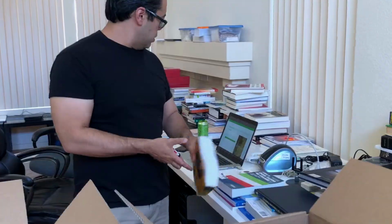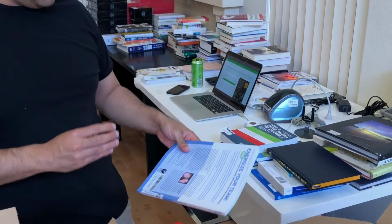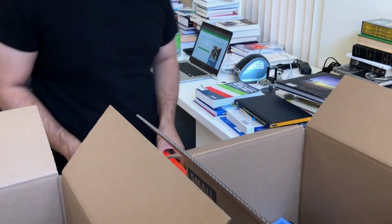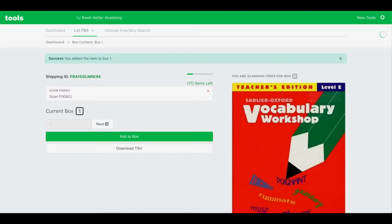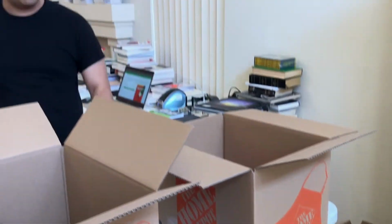So we'll do this book. Put that in. Okay, things going. Okay, let's just imagine now that this box is completely full, and now you need to go into the next